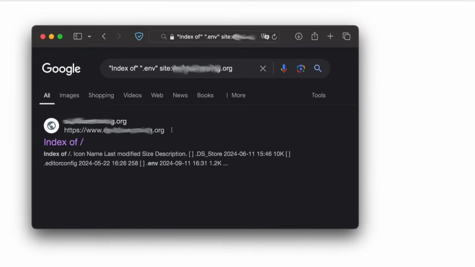Another good example right here is the term "index of." Index of basically gives us the root directory of a server, the main file path through which we can access all the other files. If you can find that for a particular server, that means we can access all the different other files on it, especially if the index of that address isn't secured and doesn't require some kind of authorization to access different files. There's also, right here, we're looking for an environmental variable, which generally contains secret passwords